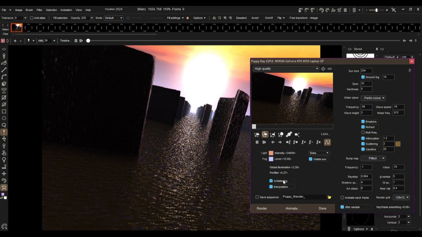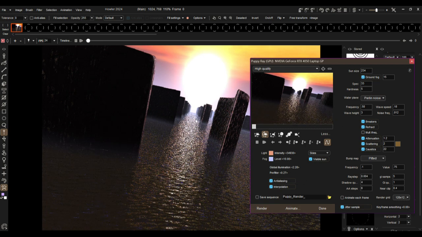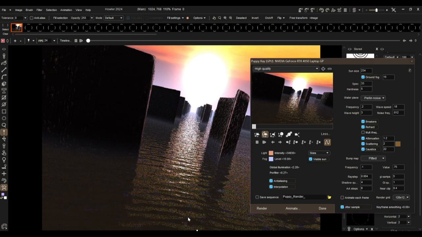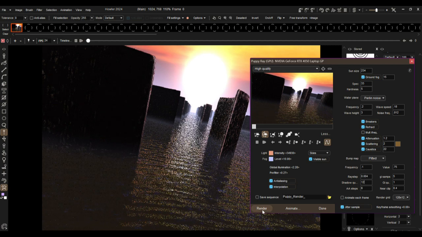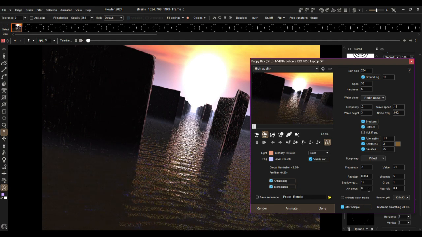Oh, and then some ground fog. And usually adds a nice little misty appearance there. The waves are good. Maybe we want them bigger though. More separation. So the frequency here is too high. Let's make it 0.2, so the waves are farther apart. And I think that's good for the most part here. Maybe a little bit soft shadows. Let's give it 12 for the soft shadows. And then we have anti-aliasing steps. Let's get something like